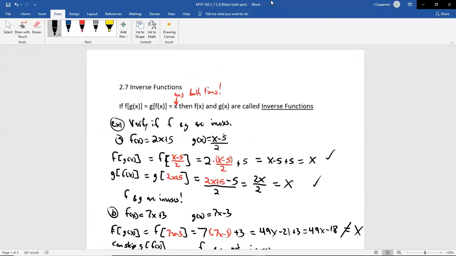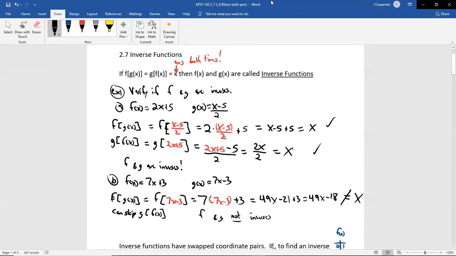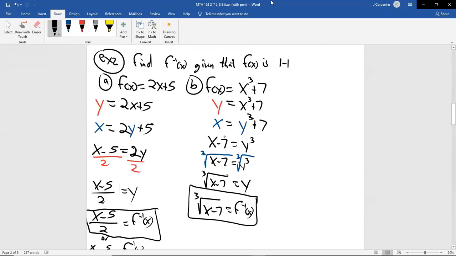You don't necessarily have to do these compositions as long as you're good with the mechanics. You can just start with the f of x, find its inverse, and if it matches g of x, then they're inverses. You could also start with the g of x, find its inverse, and if it matched f of x, then you know they're inverses, otherwise they're not. So there are 2 ways to have done example 1, and now we know that. All right, let's do more of these.